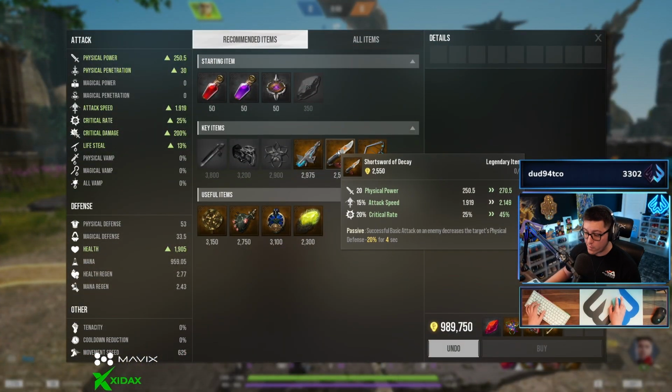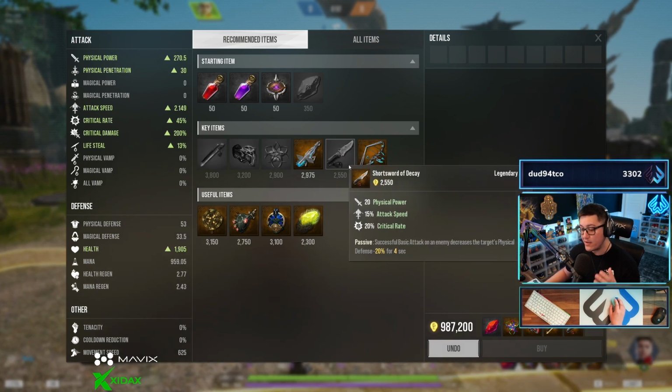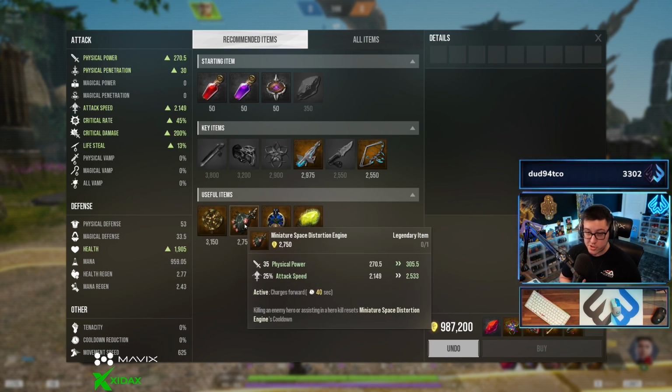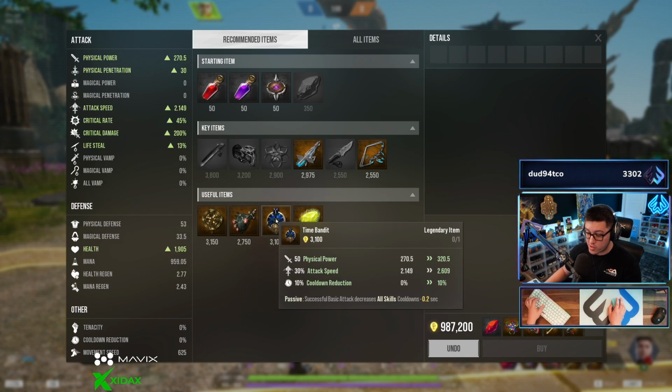And then as you move forward, you're still going to get the short sword of decay. And then your last item is up to you. But my personal opinion is you do not need the miniature space distortion engine on Colt. He's one of the ones that's a little bit different from the other 3 rangers because he has movement built into his kit. And because he has movement built into his kit, you can actually afford to go into Time Bandit,